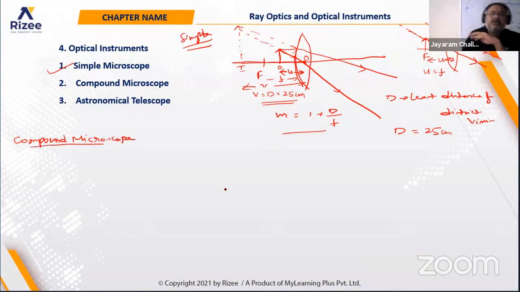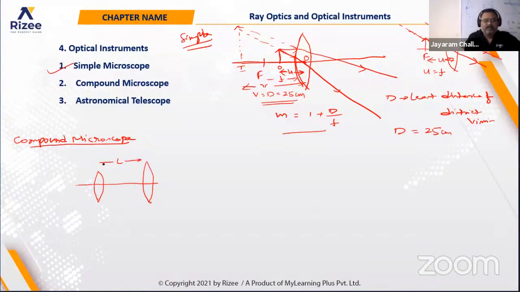One is called an objective, another one is called an eyepiece. So two lenses will be there in this case. In this case, the objective is going to be the smaller one, and the eyepiece is going to be the larger one, from which we observe things, and the distance between them is represented by